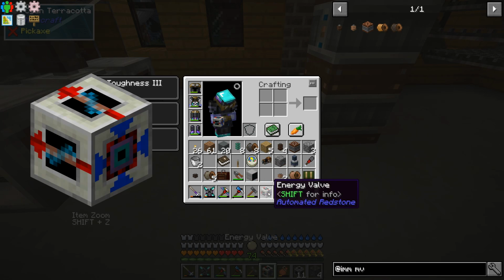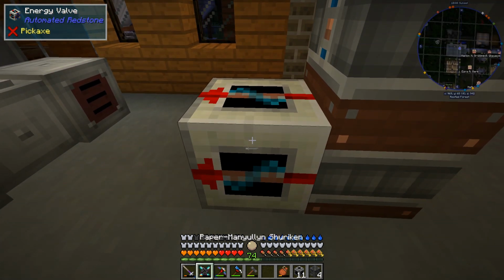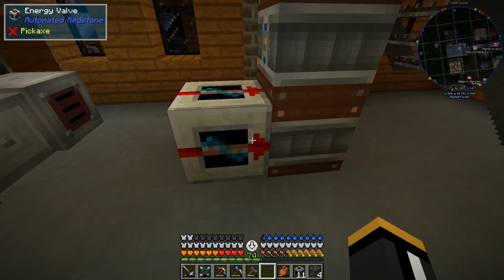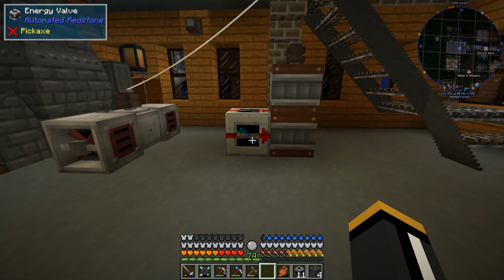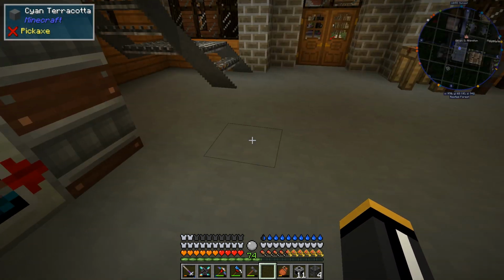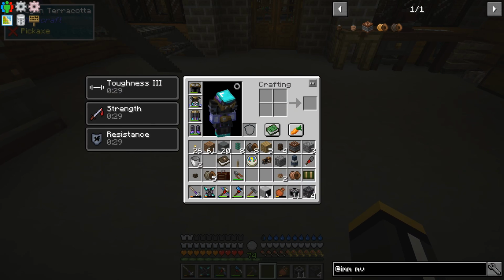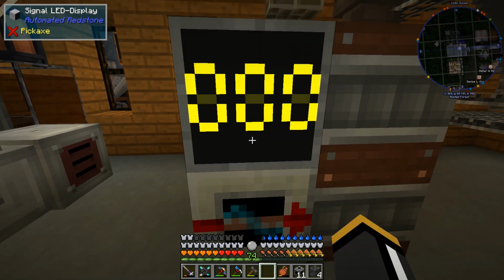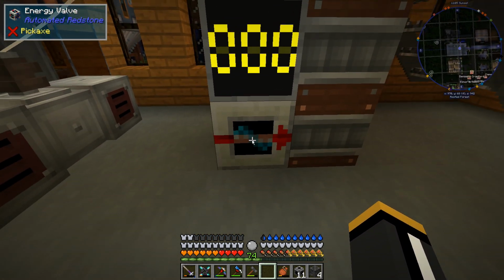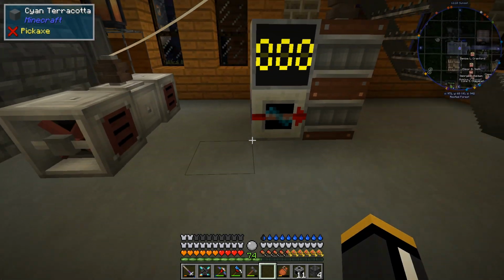So what I'm going to do is use... We had this energy valve set up here. Oh, this goes the other way. We have this energy valve set up from Automated Redstone. This is one of the first things that we've done with the Automated Redstone mod, which basically outputs a redstone signal based on how much power is going through it. And then we have this LED screen, also from Automated Redstone, which will tell us how much redstone this thing is outputting. So this is just so that we can see how much flow of power we've got going